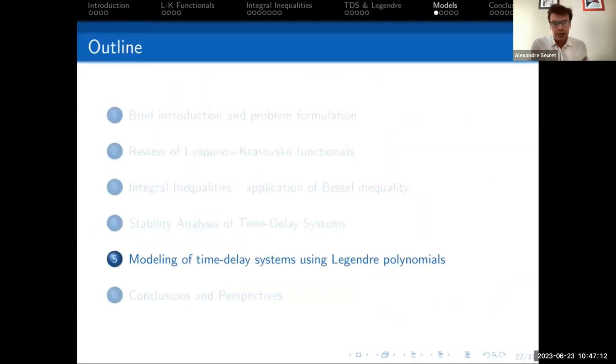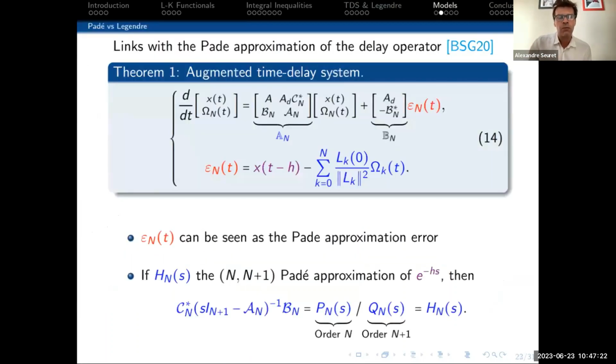So now I'm done with this stuff, and I would like to present some issues about modeling and what we can do with Legendre polynomials. So doing some kind of transformation or changing a bit the vector to be involved, what we have seen, or what Mathieu has seen again, is that when you are using Legendre polynomial and Legendre projection, you are somehow doing some kind of Padé approximation